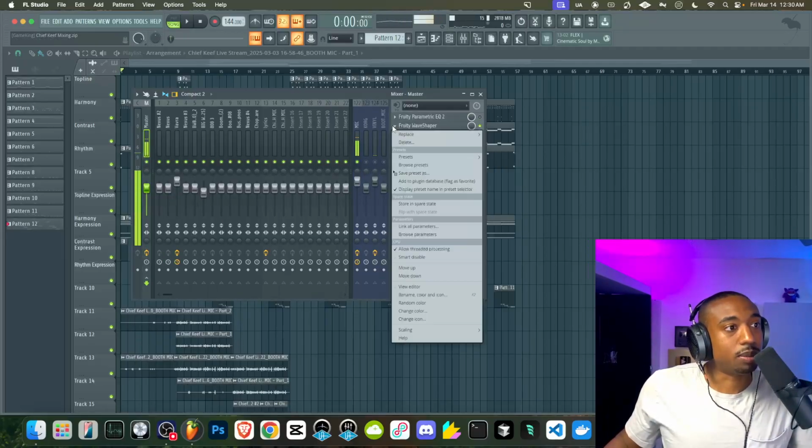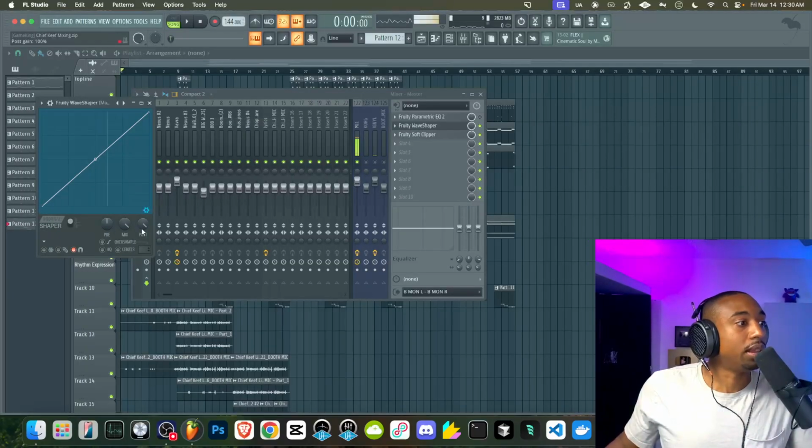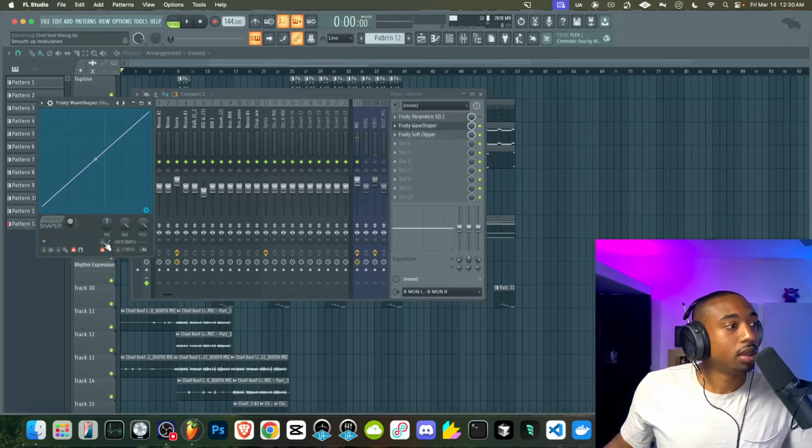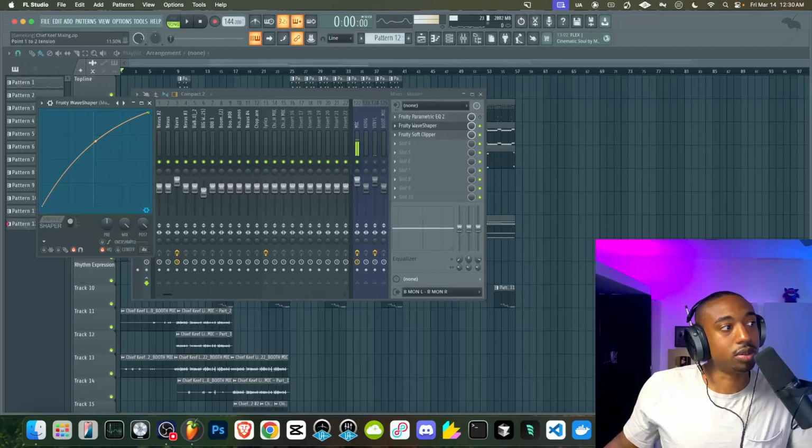You guys can click the drop down, go to replace, find your Fruity Wave Shaper. Okay, Fruity, where is it at? Fruity Wave Shaper. Okay, boom. Now what I like to do is I switch my oversample mode to 4X. I'll hit the high quality mode. I don't know what that does, but I just turn it on. And we're going to turn this curvature to more of a convex curvature. You could hear it in my voice. The more I turn this up, the more saturated it sounds.